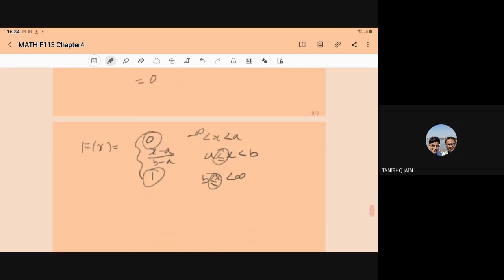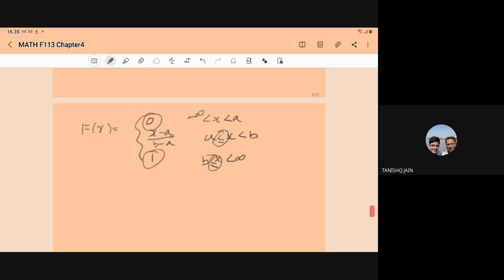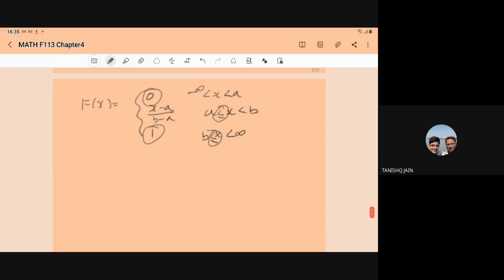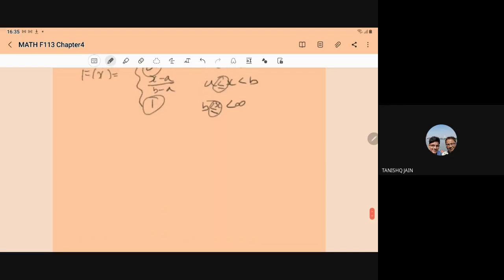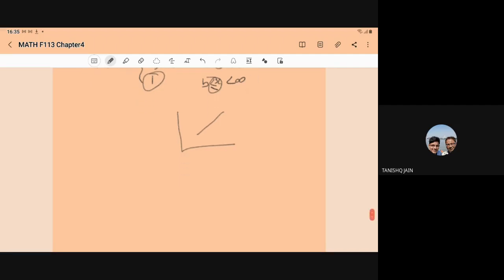Right? So here we have Fx is equal to, so this is the standard convention to write the capital Fx, the CDF, for the uniform distribution, right? So here you can see Fx is also, because x minus a upon b minus a is nothing but a linear function, right? So it is a linear function here. The exact shape I am not drawing, I just want to say that it is non decreasing. So here the Fx is non decreasing.